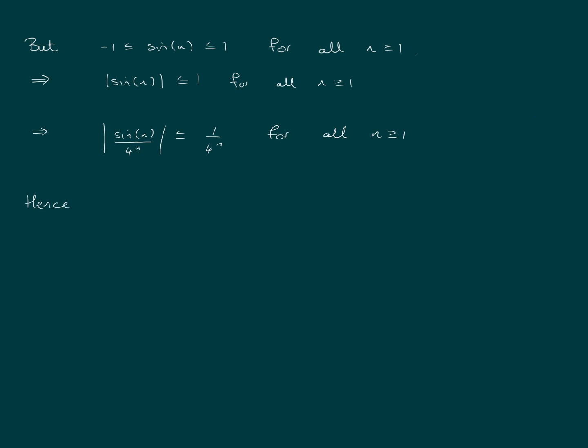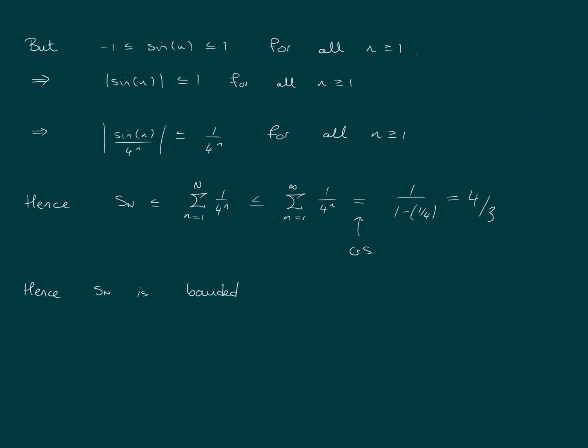So hence, we can bound Sn by summing the 1 over 4 to the n's, and we only take the first n of them. That is less than or equal to the full sum if we take the limit, because all of the 1 over 4 to the n's are positive. But this is just a geometric series. So this is equal to 1 over 1 minus a quarter, which is equal to 4 over 3. Geometric series. Hence, Sn is bounded above by 4 over 3, and by the monotone convergence theorem,